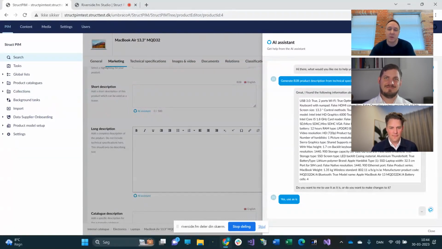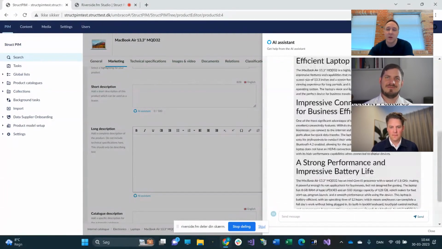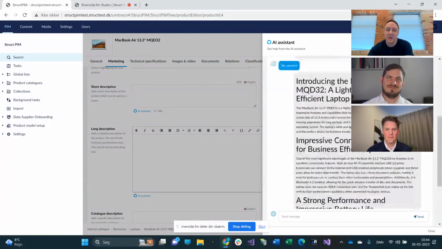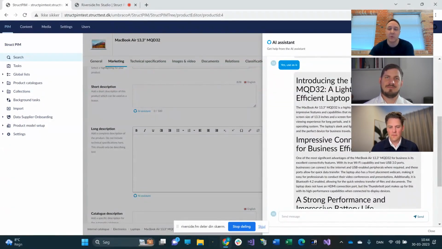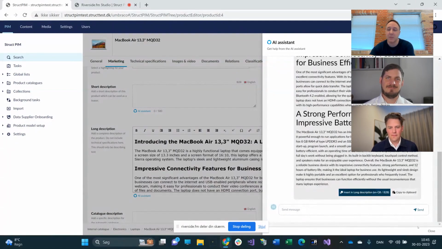And what you will see in a moment when it gives us back a product description is that the focus is much more on the professional use of the product, whereas the consumer text is much more focused on other things. As you see here, the headlines itself: impressive connectivity, features for business efficiency, and so forth. So it has built a text that is much more suited for the B2B market than the B2C market. And now I can say I want to have that put in here.